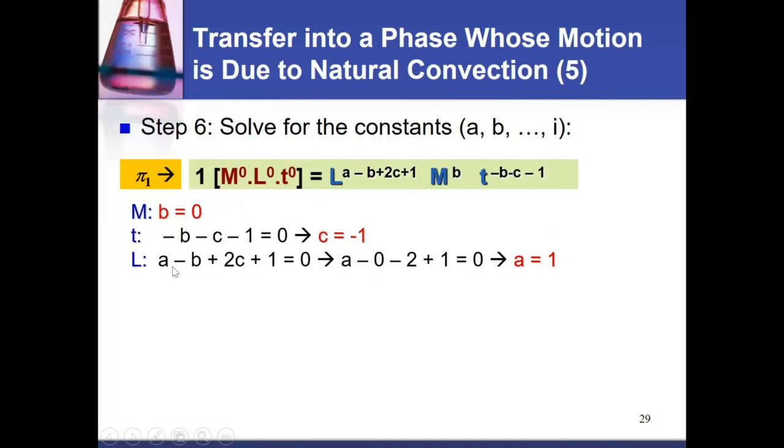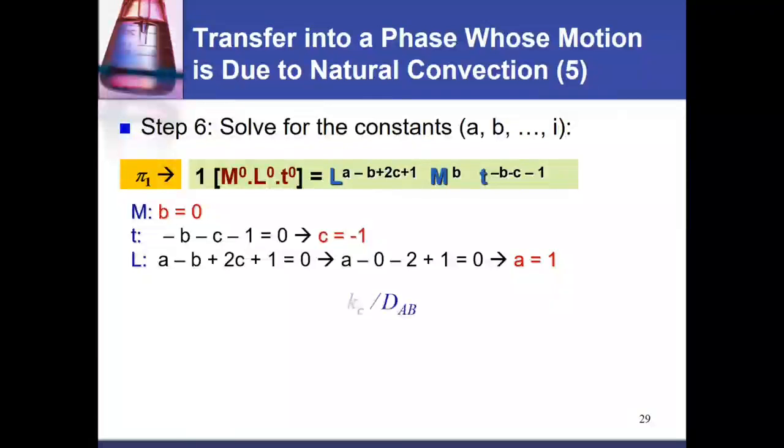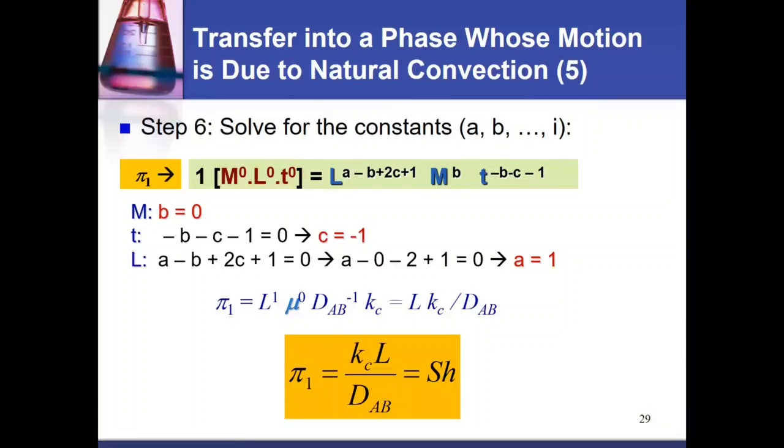And then you solve for L, or for A. So the power of L will be A minus B plus 2C plus 1. You have already the values of B and C. You will get A equal 1. So that means the first group, pi 1, is L to power 1, mu to power 0, so this will be 1, DAB to power minus 1, and times KC. So this is L times KC over DAB, which is the Sherwood number with the length L of the wall. Okay, so it's again one of the numbers, the key number we are looking for, basically the Sherwood number, because